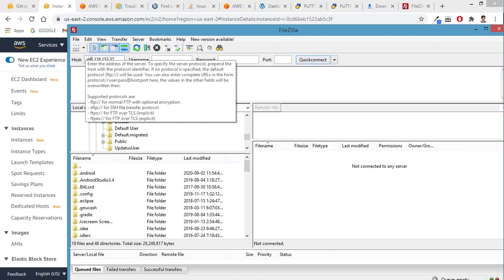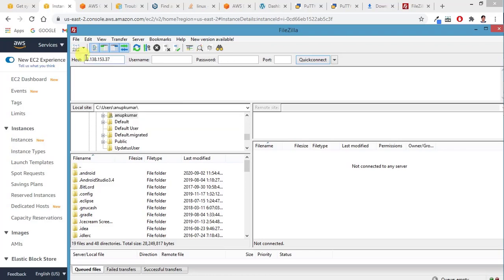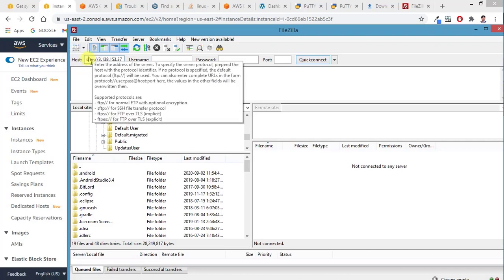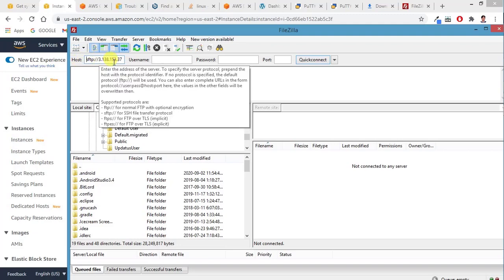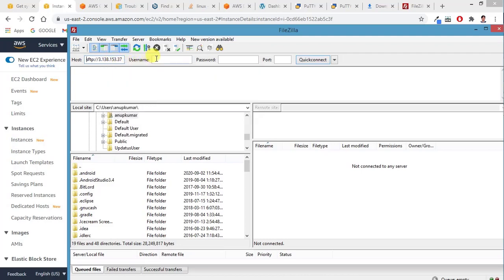Here you have to type sftp. I'm showing you how people get confused. When I was trying to connect for the first time, I got a lot of issues and went through a lot of blocks, and finally I figured out how exactly it works. So just go with the simple one. Either you can type FTP or SFTP, or you can directly give the IP address or domain.